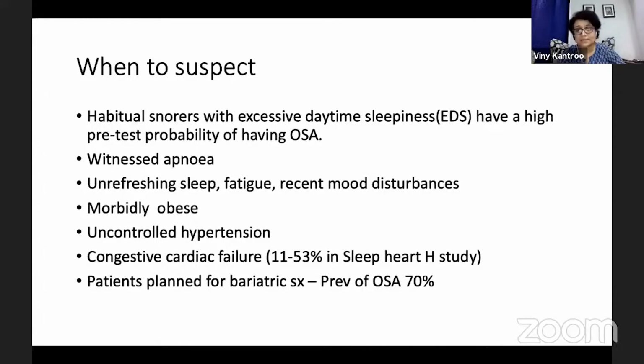So excessive daytime sleepiness is something which can cause problems in your daily routine: being unfresh, not feeling fresh early in the morning, getting up very tired, having chronic fatigue, and also having problems while driving and problems concentrating. So unrefreshing sleep, fatigue, and recent mood disturbances should also be considered as presenting features of OSA. Obviously, you have to suspect your patients who are morbidly obese, where the BMI is more than 40, and